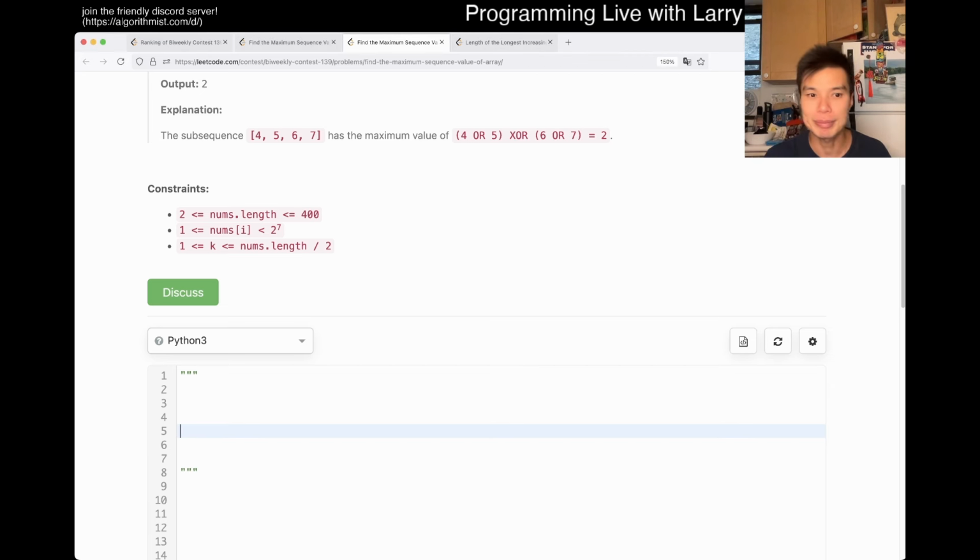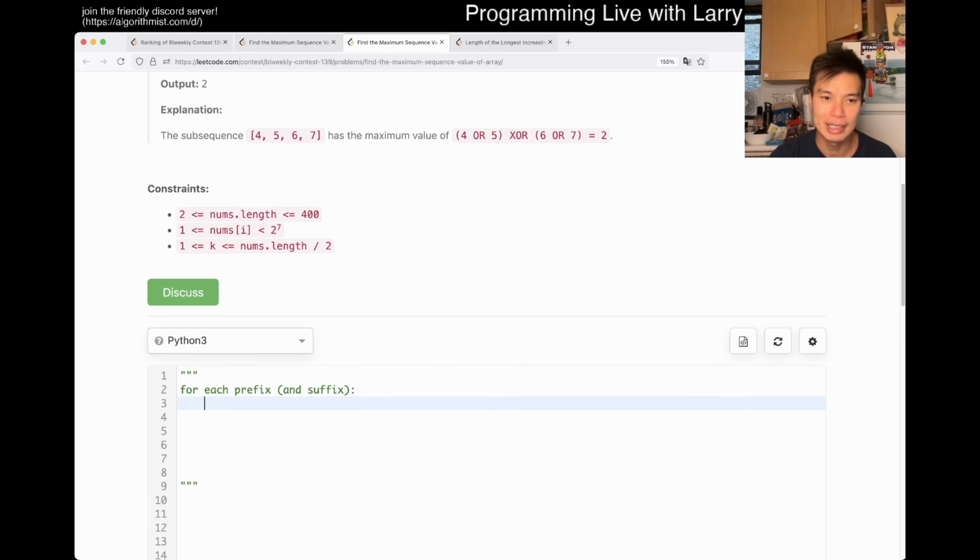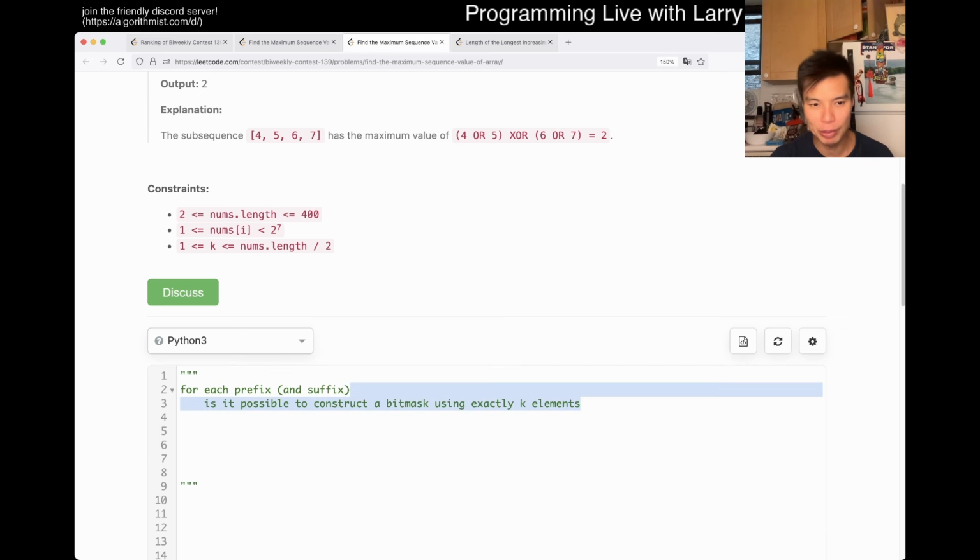And the idea behind this other solution is that, basically in the previous solution we go, okay, for each prefix and suffix, we want to say, is it possible to construct a bit mask using exactly k elements, right? So that's the thing that we were trying to do for the last problem, or the last solution. But another way that you can think about this is,